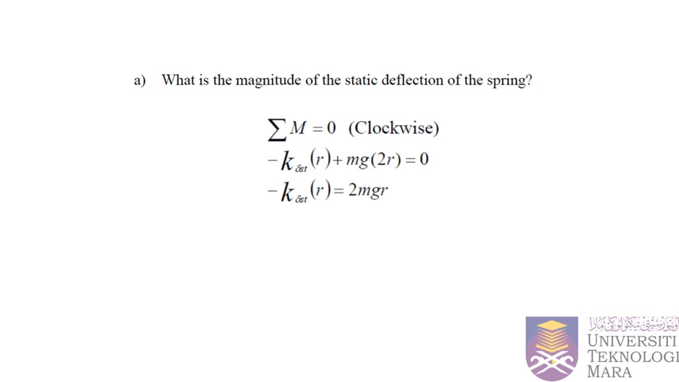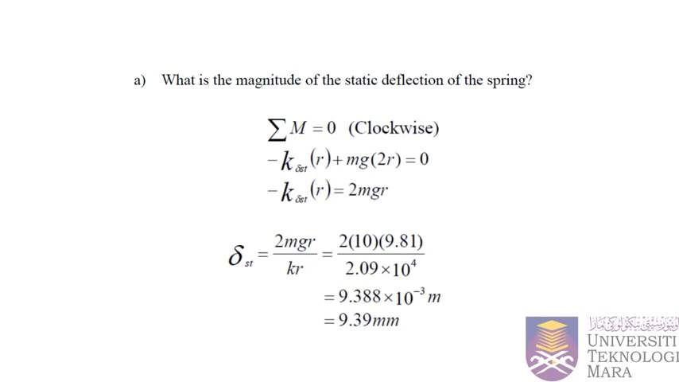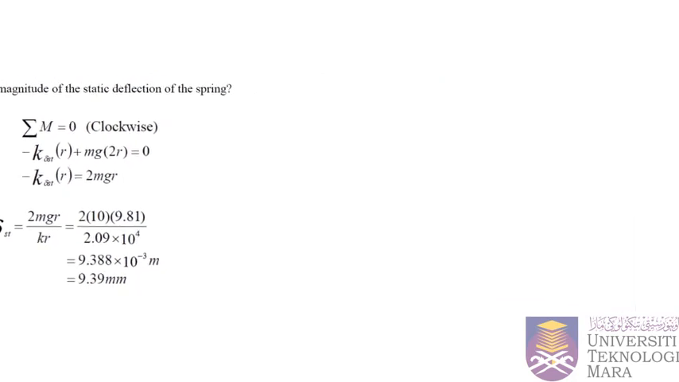Using the equation of moment equal to 0, the two forces exerted on the system are the spring force and the weight force, where moment is equal to force times distance. After inserting into the equation, the static deflection delta ST equals 9.39 mm. Next,